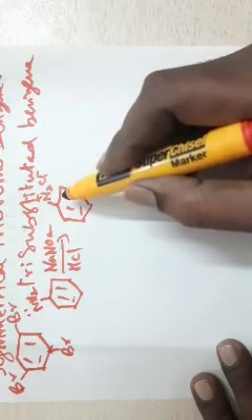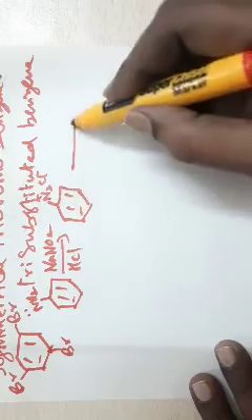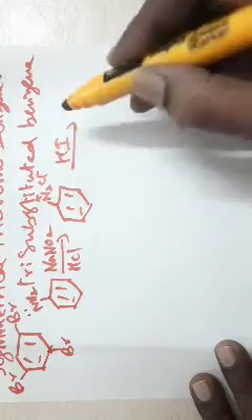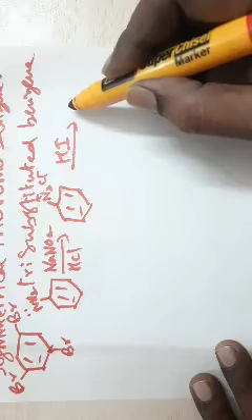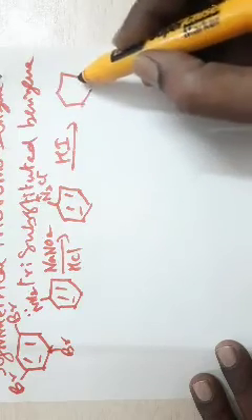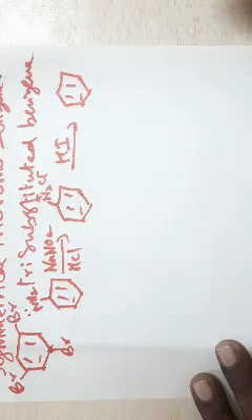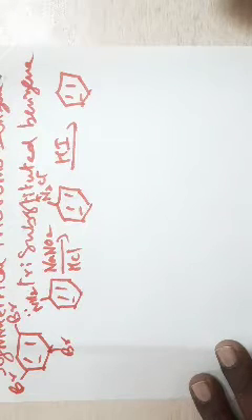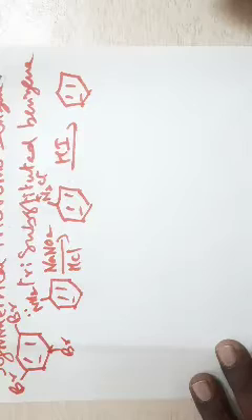How can you remove? Diazotize. You will convert this one into diazonium salt, and if this is treated with hydriodic acid, deamination takes place, then you are getting your benzene. So you should have this reaction in your mind. By employing this reaction, at the end of the synthesis, we are able to synthesize symmetrical tribromobenzene.